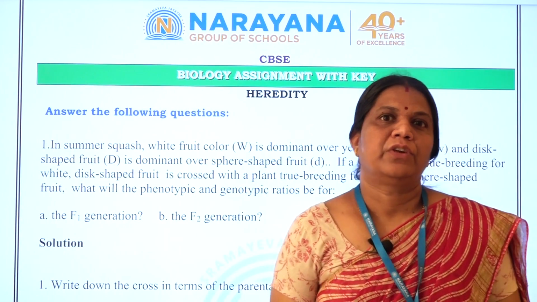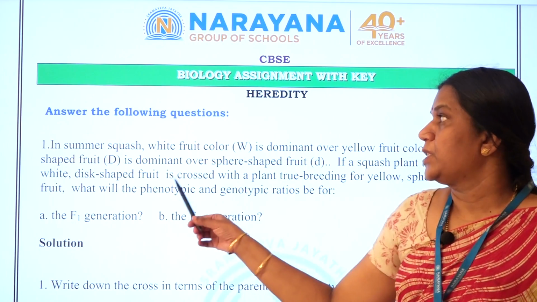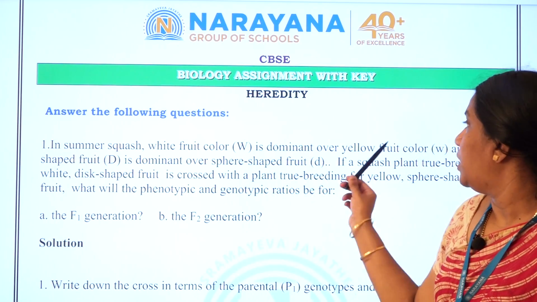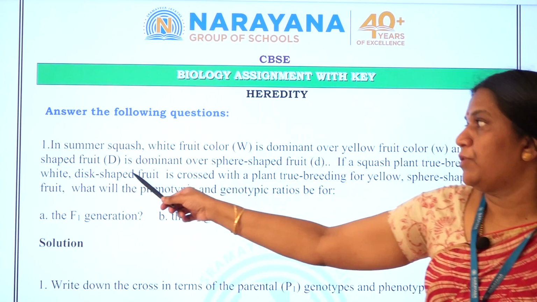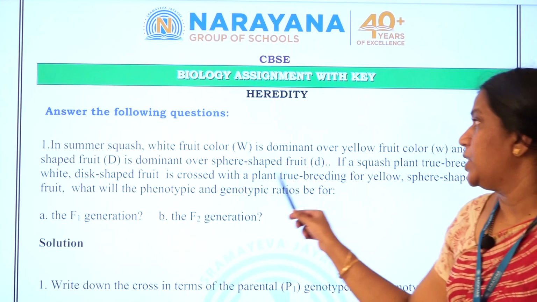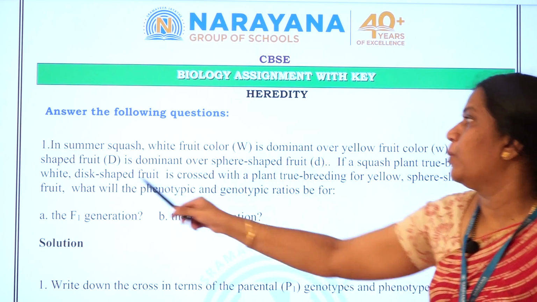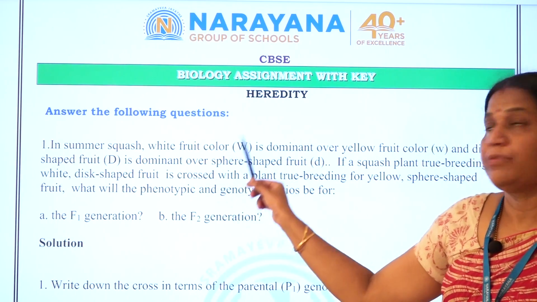Good morning. Today's topic is again heredity, the dihybrid cross. The first question is: in summer squash, white fruit color (W) is dominant over yellow fruit color (w), and disc-shaped fruit (D) is dominant over sphere-shaped fruit (d). A squash plant with true-breeding white disc-shaped fruit, that is, both white color and disc shape are dominant,